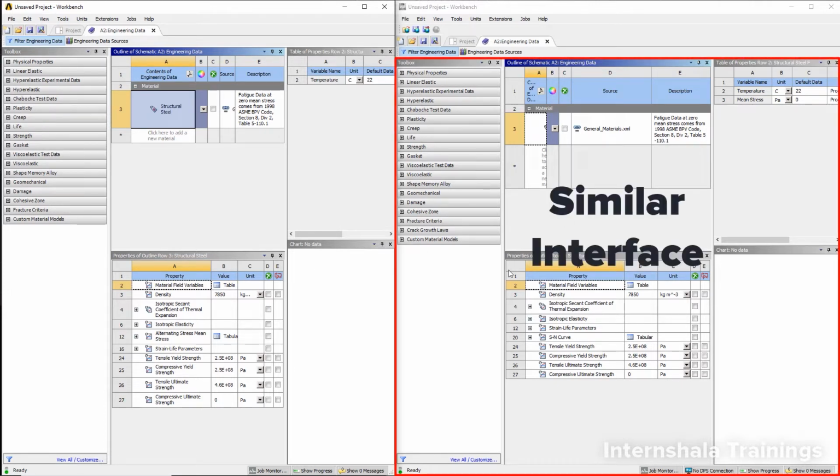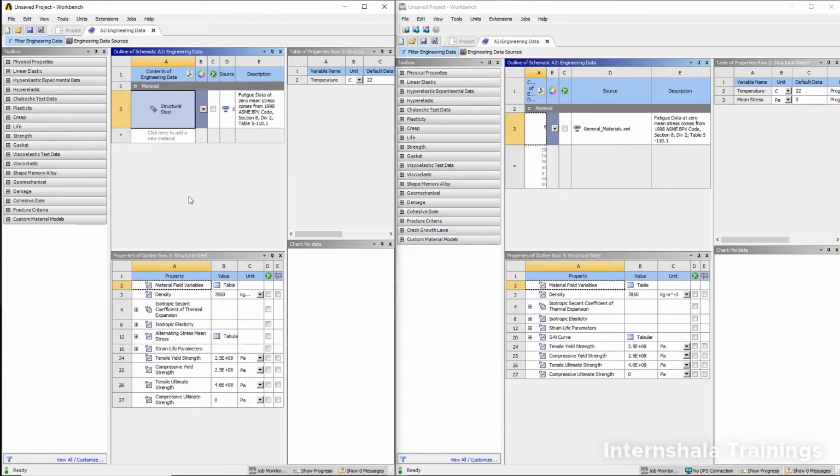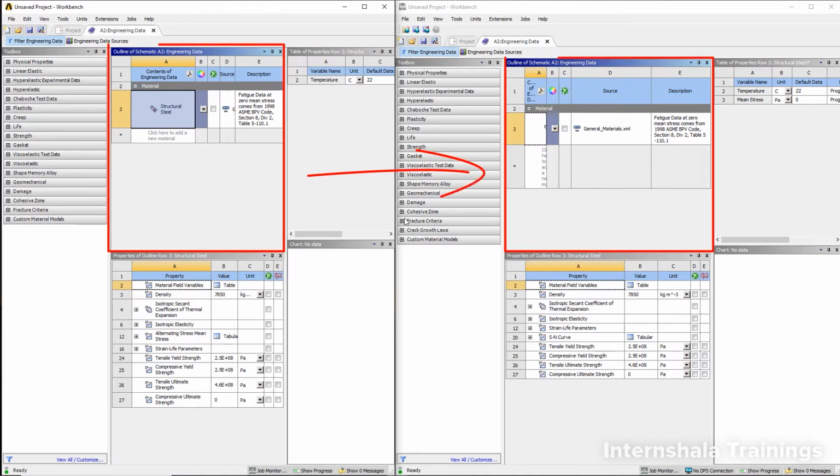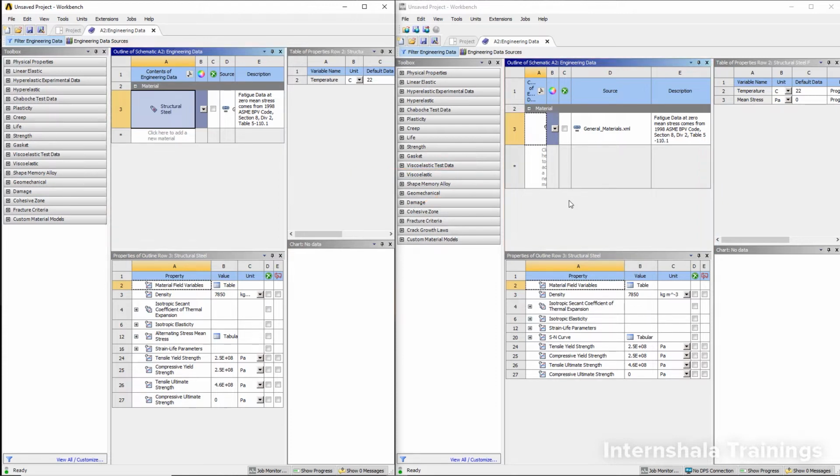See here, for example, there is an outline of schematic window, and in the same position in the newer version we also have the outline of schematic window. To be precise, whatever interface elements are there in the Engineering Data Manager of the older version are present at the same position in the newer versions as well.